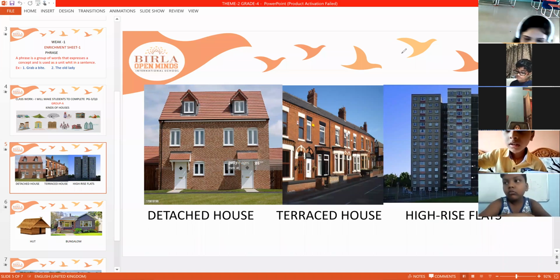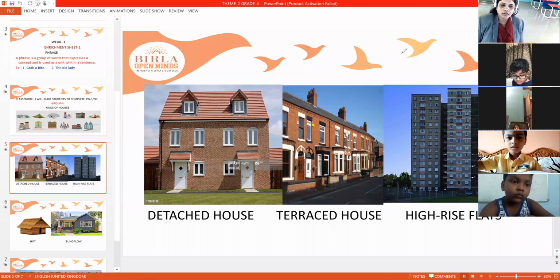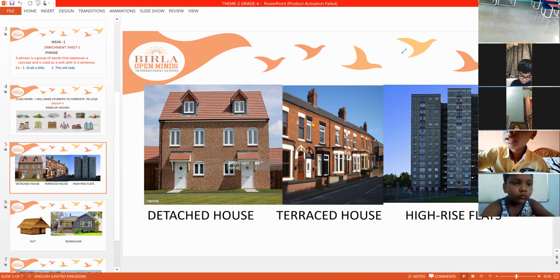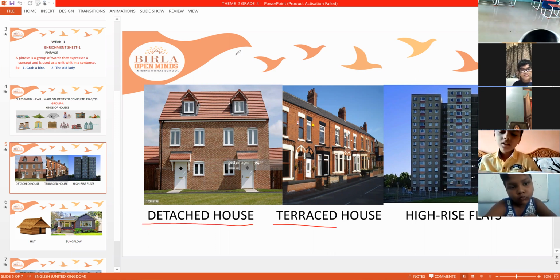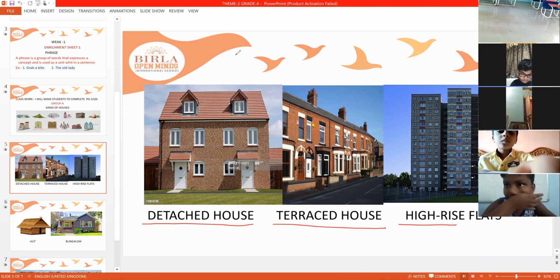What type of houses can you see here? Three types of houses you have. One is detached house. Another one is terraced house. Yes, detached house, terraced house, and then high rise flat. You can see flats. It's a big high rise flats. Okay, next one we have